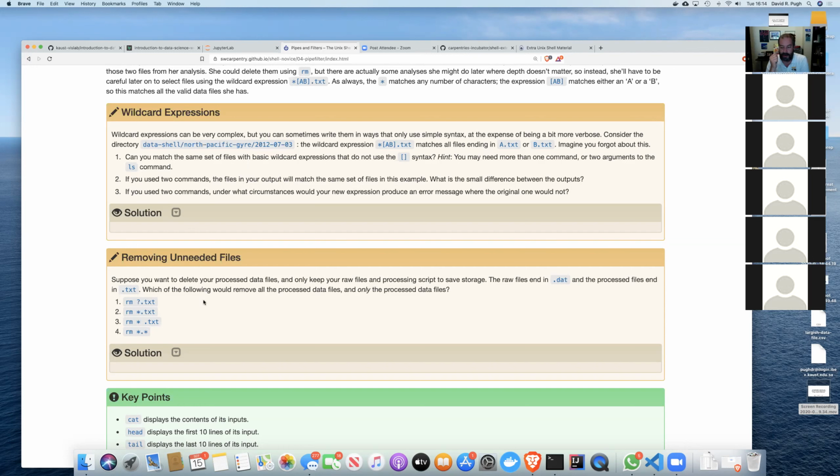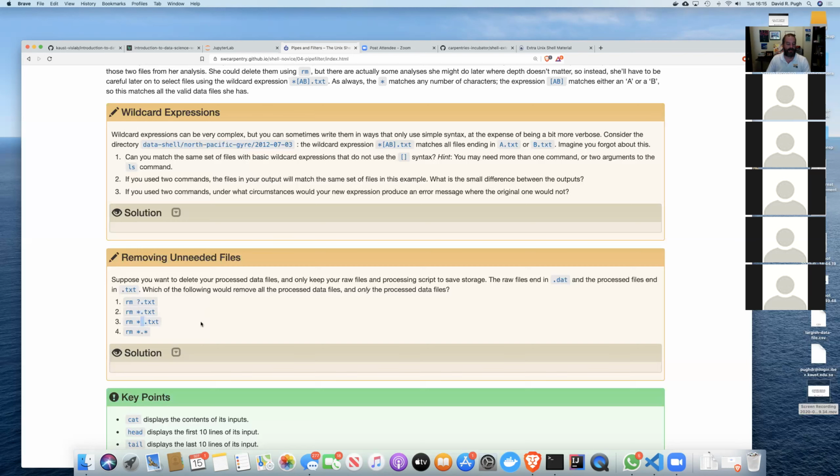Rakesh, exactly, clear all. Yeah, so it would be remove star, and you're passing basically any files that match the pattern star, which is of course every file. And so then it would remove all those files. And then it would say, well, is there a file called .txt? And actually there isn't, so it wouldn't remove that file. It would probably throw an error. But that's an example of how you should be careful about what you're typing when you're using the remove command, because